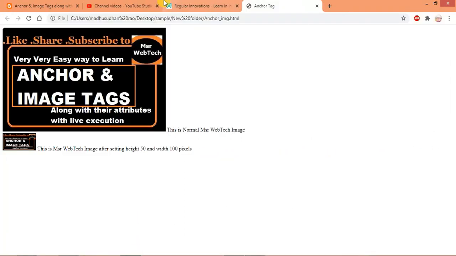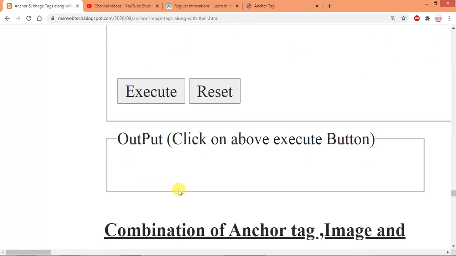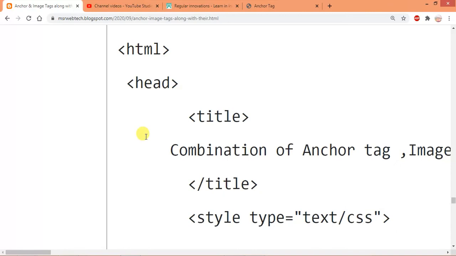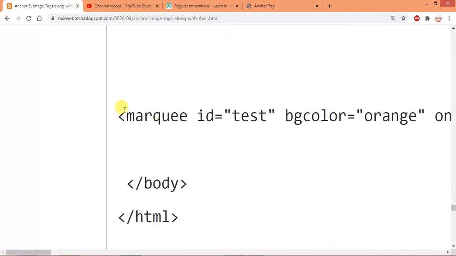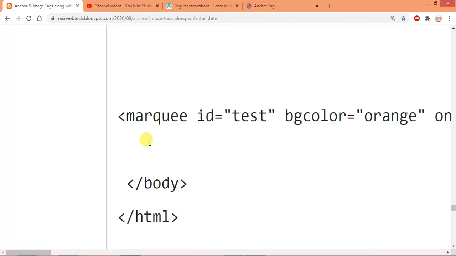Next will be a combination of the anchor tag, image tag and marquee tag. I have also written the code for this. The marquee tag was explained in previous videos. I will give you the link in the code box.